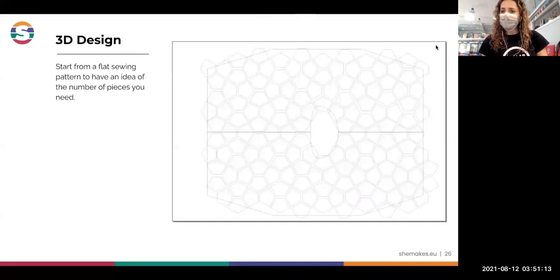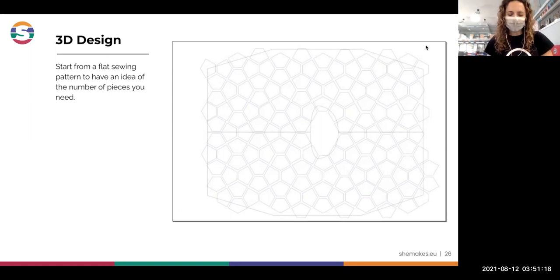And the final thing you have to think that is maybe too high level for this workshop is to think in the pattern of your garment. That is this size you have here in the curve, and try to put the different pieces over it, maybe with pencil, or if you are very confident with your digital software, you can put and calculate how many pieces you need to make your own garment.